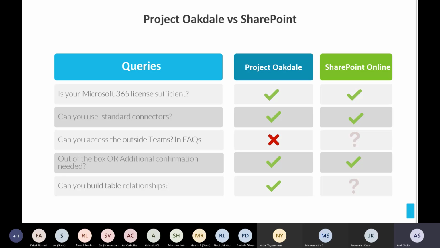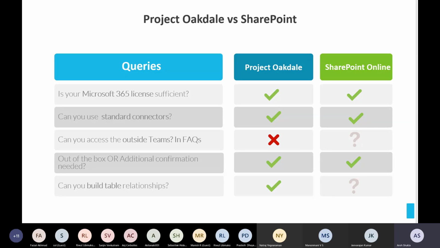And the best thing, I'm from an Office 365 environment. If you want to use CDS in general without Oakdale, you have to pay an additional license. For that matter, even Power Virtual Agents have a separate license. So if you're using Project Oakdale in the context of Teams, you can actually leverage your Power Apps, multiple applications, your Power Virtual Agents, as well as your Power Automate.